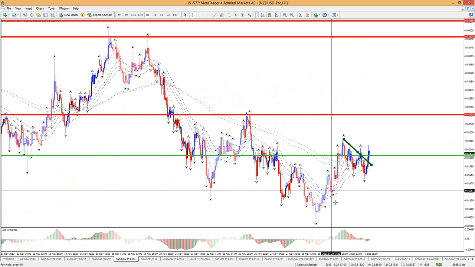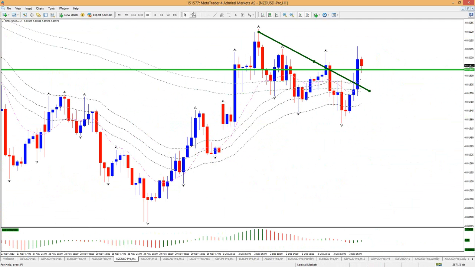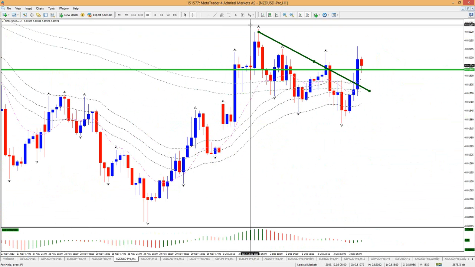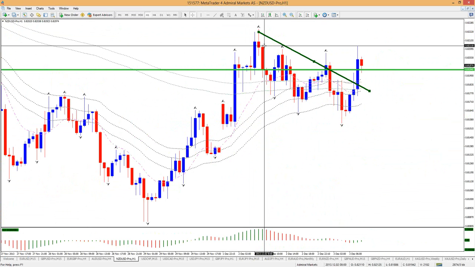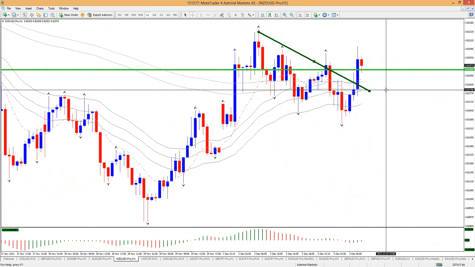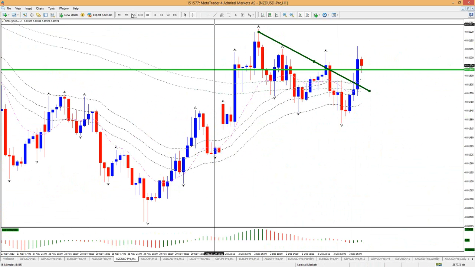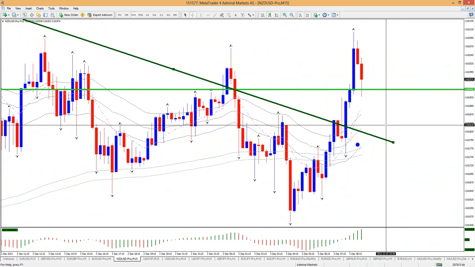How's the Kiwi looking? I promised to look back at the Kiwi. If you have any questions, let me know, because slowly but surely we'll be rounding it up as well, wrapping it up. There is some angle to the Kiwi, I think. Yes. The black band has some angle, so that is a pretty good indication that we have a sustainable breakout. I wouldn't see why a breakout above this level wouldn't be good with a stop loss below here, below the band. That looks good.